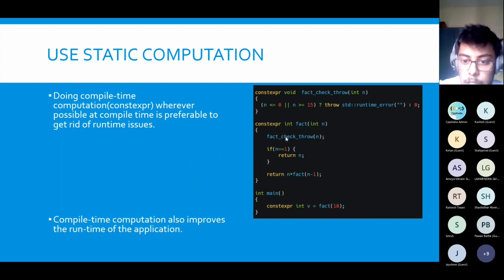So I'm just checking here, while computing the factorial, whether it can throw some kind of exception at runtime. And then just checking this: if it is less than 0 or greater than 15, then just throw this error, and otherwise just compute it. So the beauty of this is that you may say that this is a runtime error only, but this code will not even compile if you change the input here from 10 to -5 or to a value greater than 15, suppose 30, then this code is not going to compile. That is another thing.